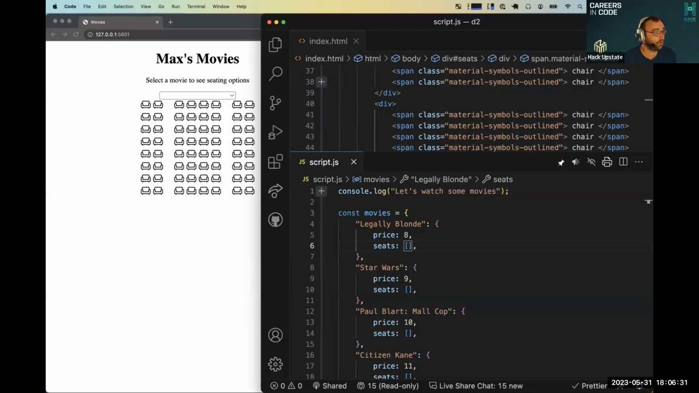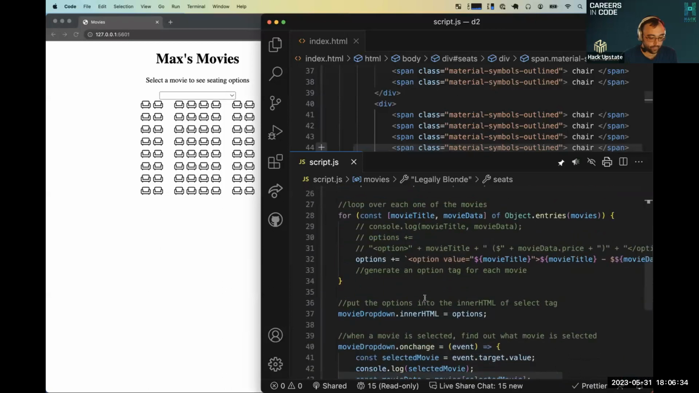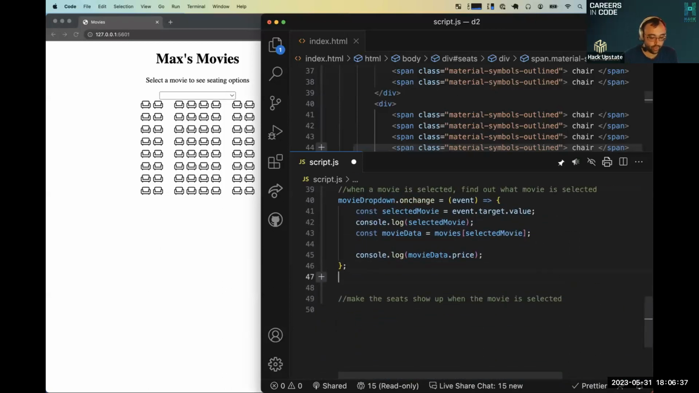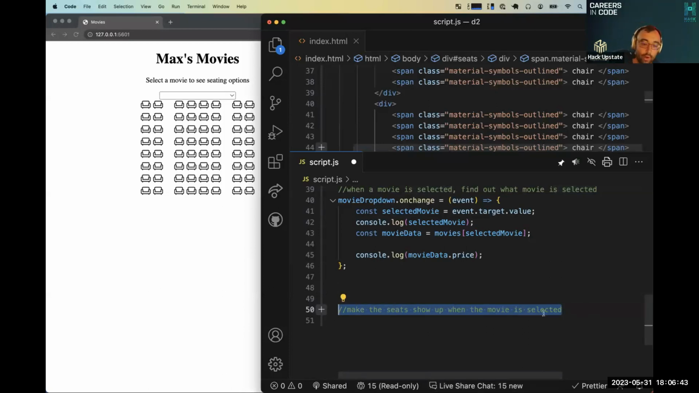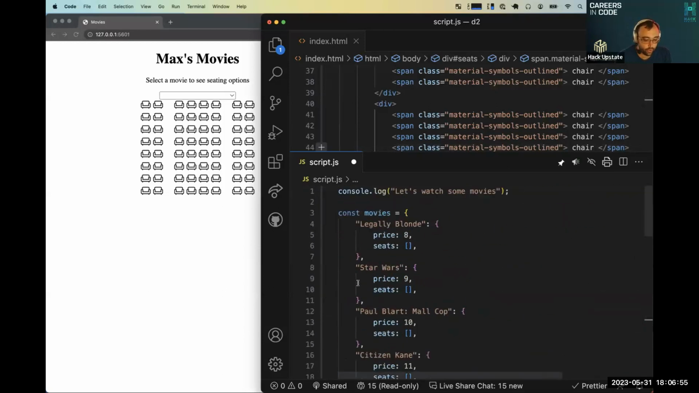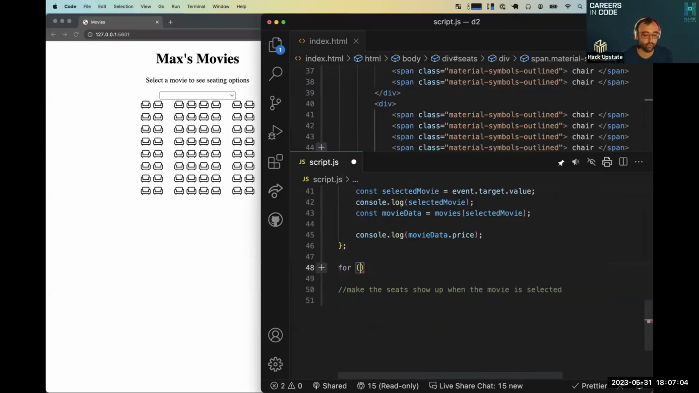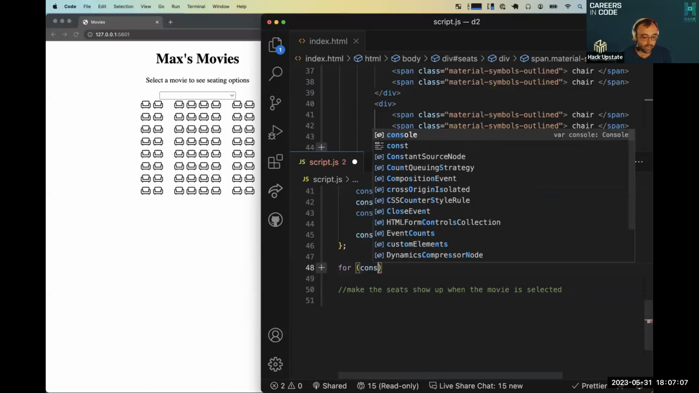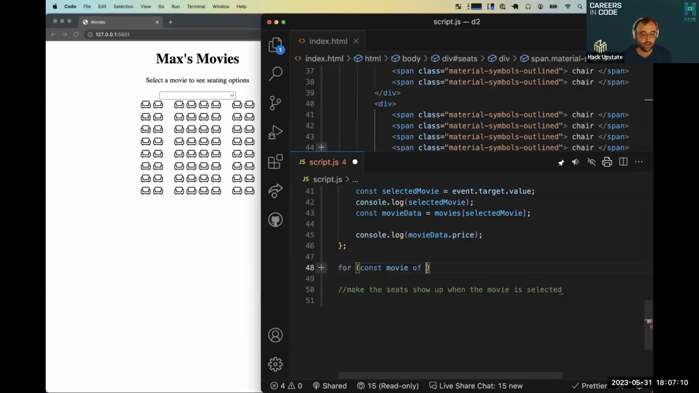Correct. So what we're going to do is, first things first, I'm going to come down here, and this is where we left off: make the seats show up when the movie is selected. Well, in order to make the seats show up, we have to have the data about the seats. We have to know how many seats there are, if they're occupied, what's going on there. So we're going to loop over each one of the movies, with a for loop that says for const movie of, and you know what, let's call this